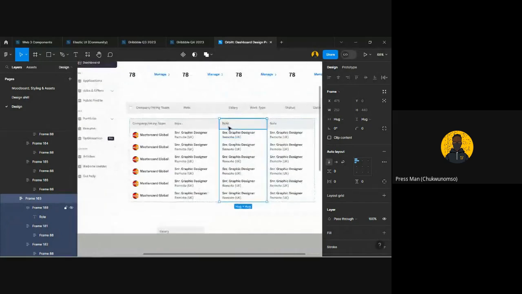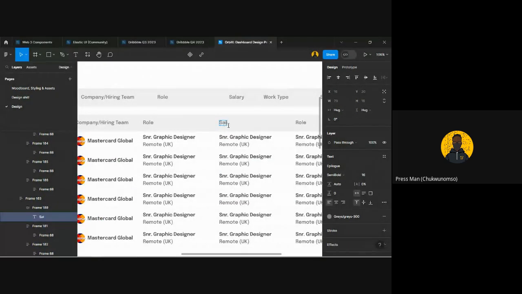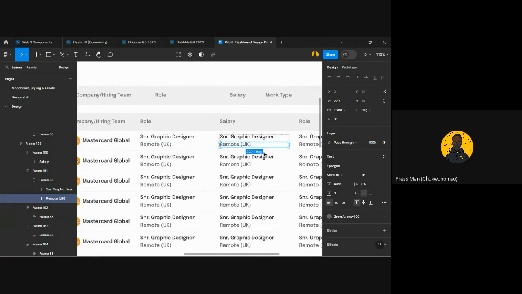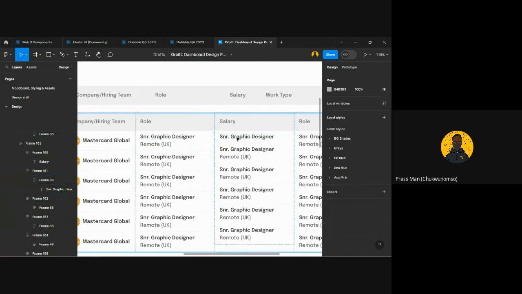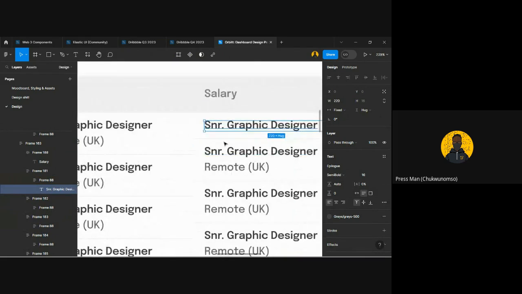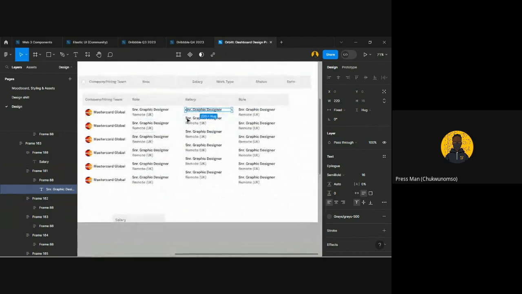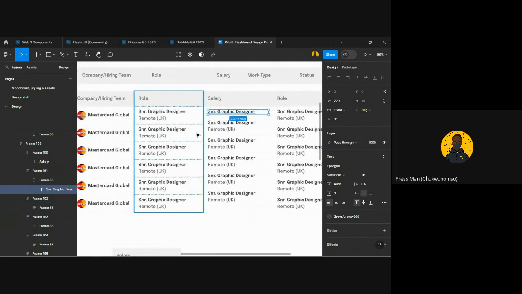Okay, let me make salary. Let me just say salary and say I'm removing this one. As you can see, as I deleted that one, it automatically affected everything. So that's one thing about the column table. Once the smallest of heights